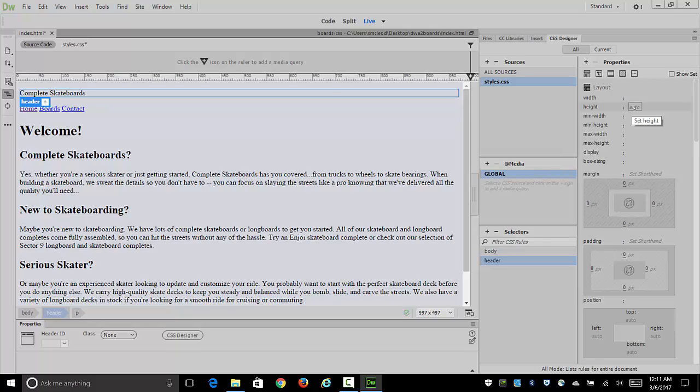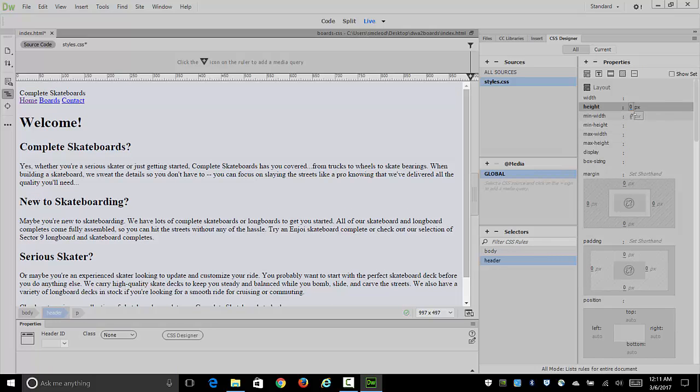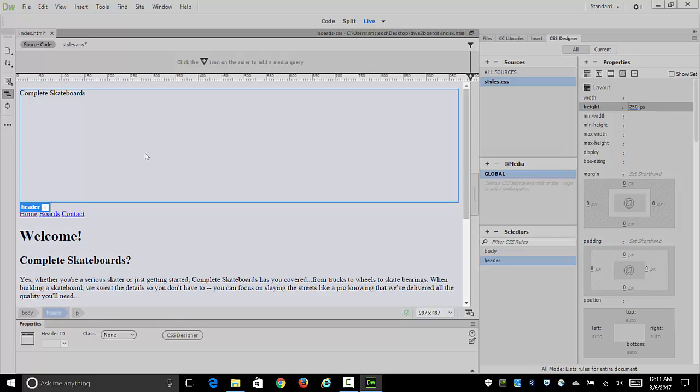So I'm going to create some height for it by clicking in on that height, choosing pixels as my units. I'm trying to match it up to the actual image's height that I already know, and 250 is what I want, so it's about 250 pixels high. I'm going to hit enter on that, and you can see that header area growing in size